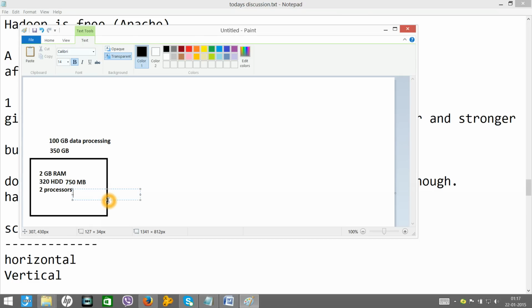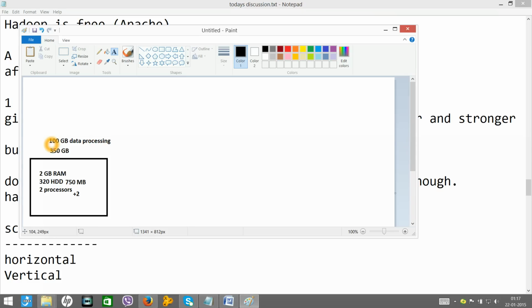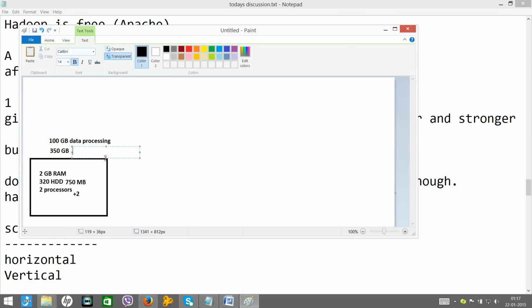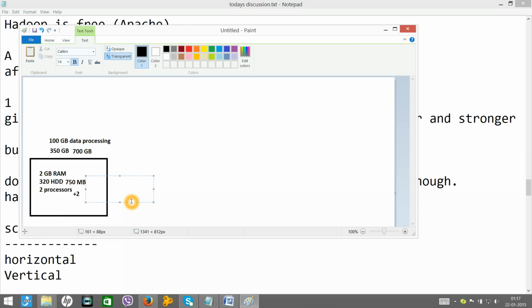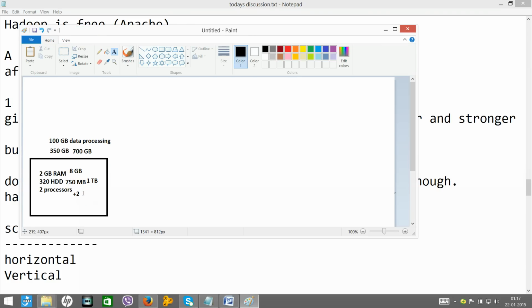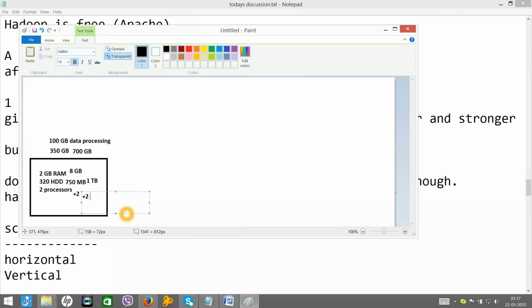You again added 2 more processors. After that, again after a few months, let's say your data again grew to 700 GB. Okay, sorry, this is GB. And at that time, again you may feel that the 750 GB is not enough. And what you did, you replaced that 750 and you put a hard disk of 1 terabyte. At the same time you plan to increase your RAM to 8 GB as well, and you also added 2 more processors.